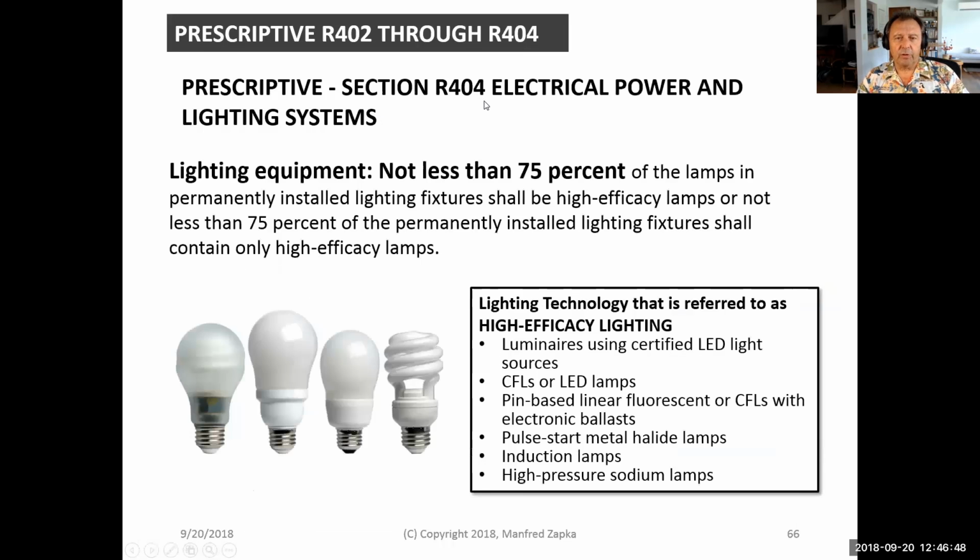And section 4.4 is a very short section. It covers electric power and lighting systems, and here it is very clear. You have to have very effective lighting, so there has to be high efficacy lighting. Lighting is so advanced now, it's really nice to see. Either you have CFLs or LEDs or other kinds of high efficiency lighting, and that makes a big difference. And we see it when we go somewhere: the incentives for them are very, very high